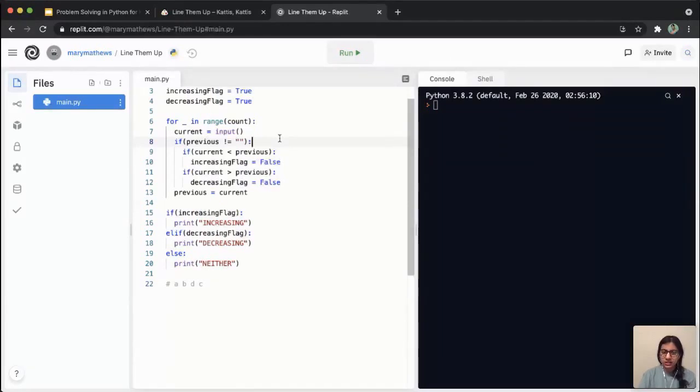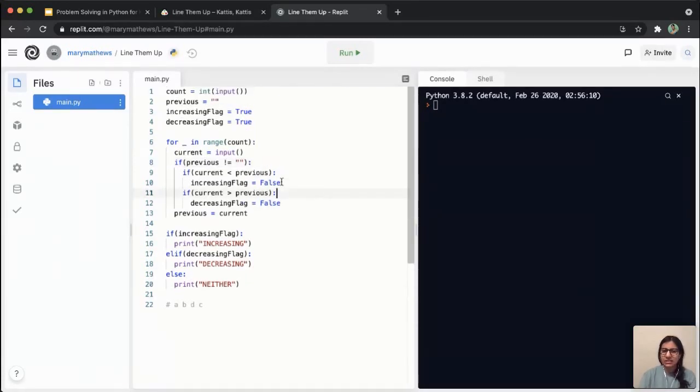It's just the first thing. So suppose I have only one name, it's always ascending or always descending or neither. Doesn't have any meaning just by itself. So there's nothing to compare it to before that. So that's why I'm setting my previous to empty. And if my previous is empty, it means that I can just directly set previous to current, okay?